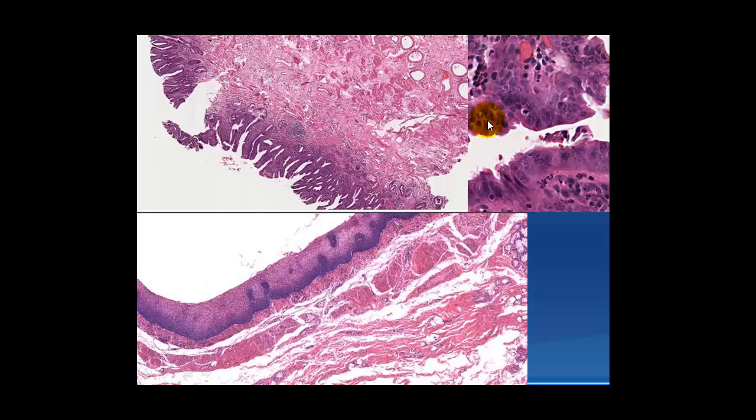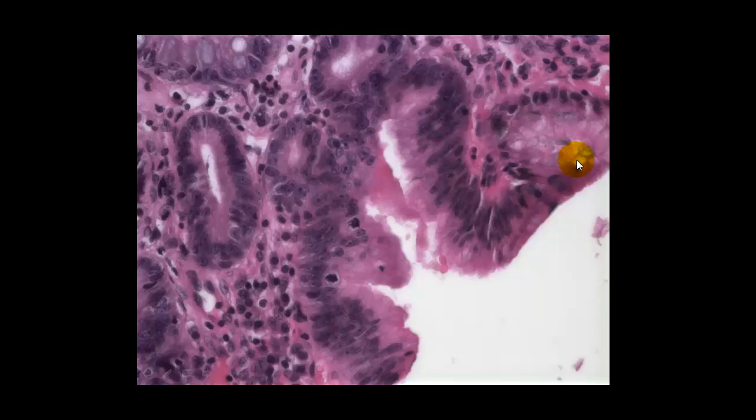And if you look over here, you can see tall columnar cells, you can see some inflammatory cells. All these are tall columnar cells. This looks like a goblet cell, not very sure, but all these are the tall columnar cells, right? These are actually inside an esophagus, so definitely this is a case of Barrett esophagus.